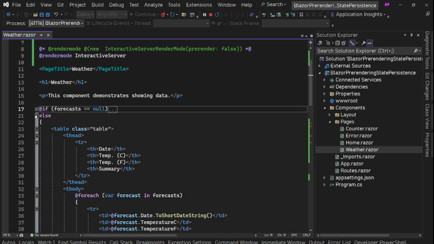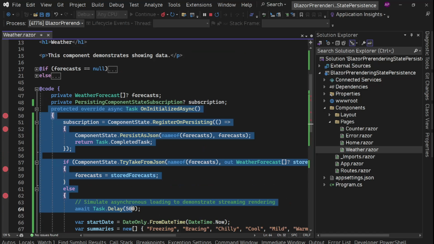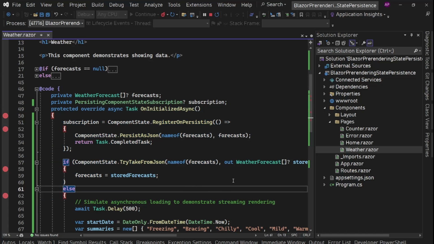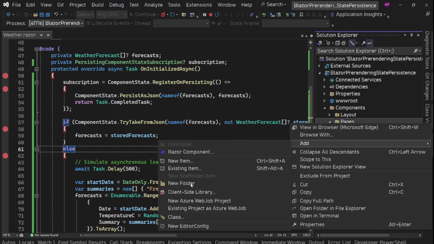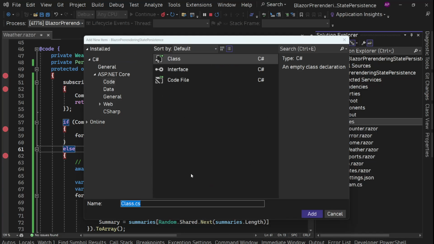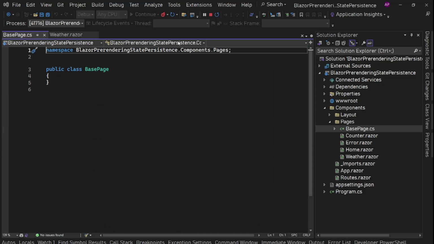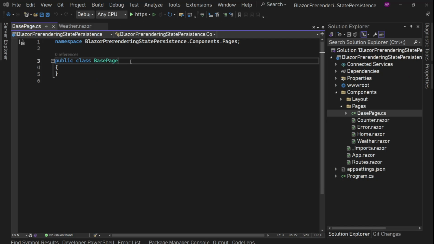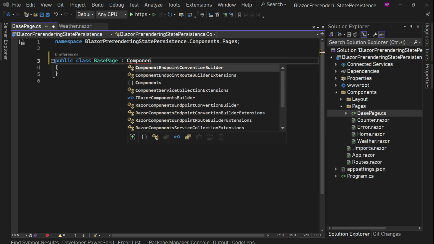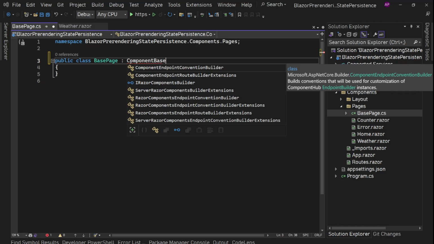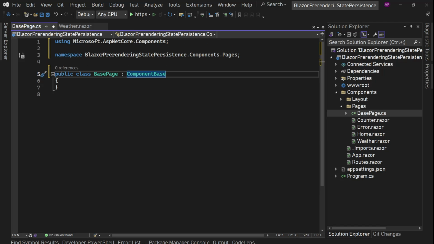So now, this logic we need to do again and again. So instead of doing this at the component level, what I usually do is create a new class. Let me first stop it. Maybe I'll call it a base component or base page, because this is specific to pages, routable pages. And this should be a subclass of ComponentBase. So on this ComponentBase,